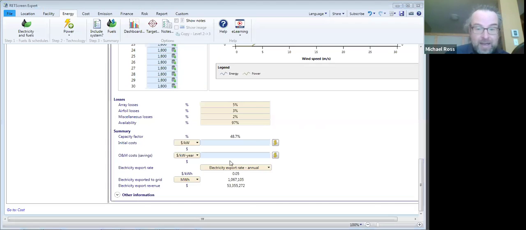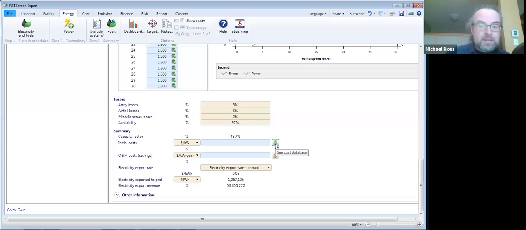And using that, it has been able to calculate the annual output of 1 million megawatt hours per year and about 54 million dollars per year in revenues. We have here some cells for entering the initial costs and the O&M costs. So for the initial costs, I'm going to click on this cost database over here, and it's going to open this database,